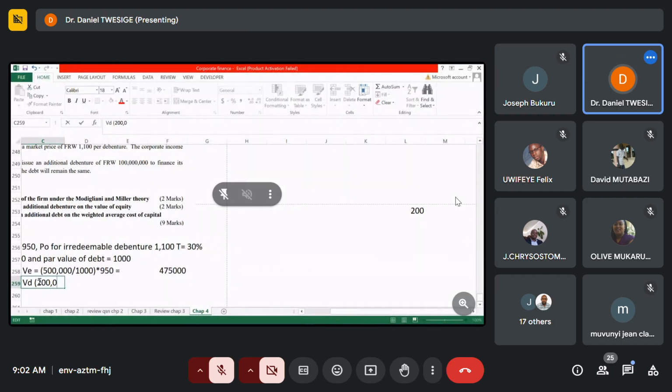200 divided by 1,000, then times the 1,000. So it's going to be 200 divided by 1,000, then times 100. So